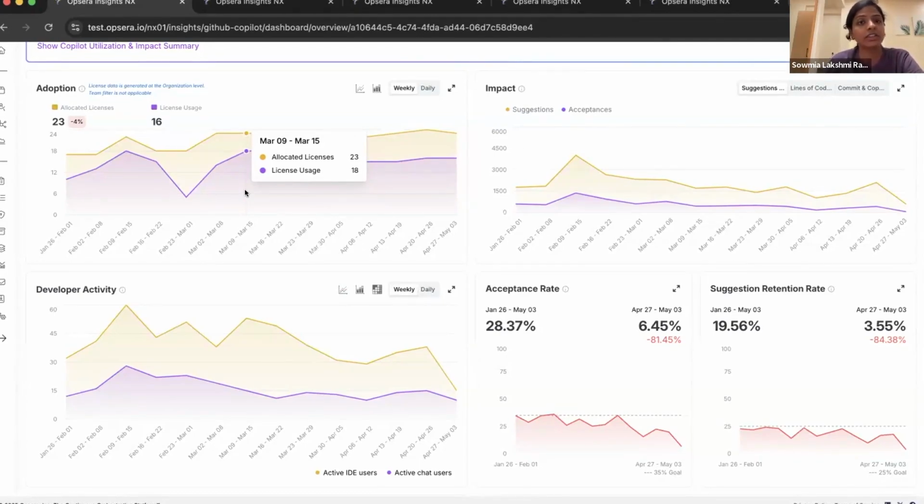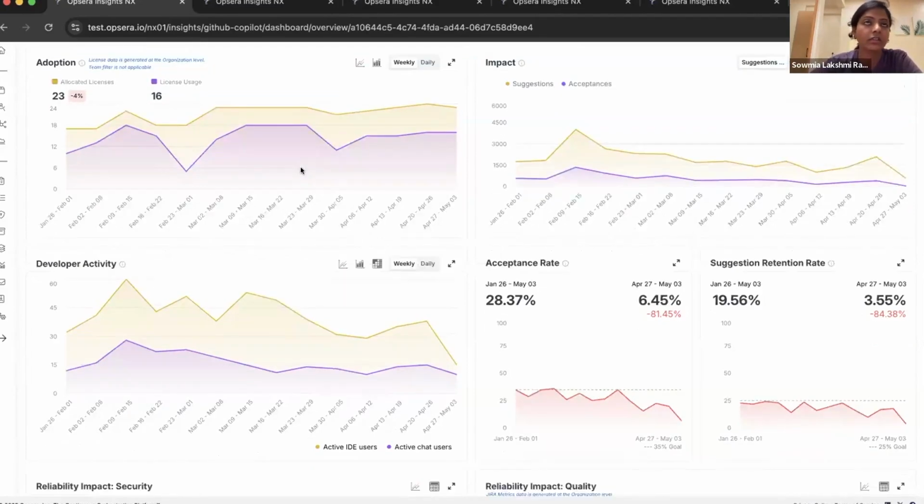And not just that, right? You can also try to delve in detail with your developers to understand why these licenses are not used. Probably they just installed it and they're not using it. Maybe it's not really helping them as part of their coding language. So those are aspects that you can identify, and not just with adoption. That is where I'm going to show you a few other KPIs where you can actually drill down into that specific pain point and see what's the improvement that you can bring into your developers. And with the licenses, you can also look at your overall developer activity.